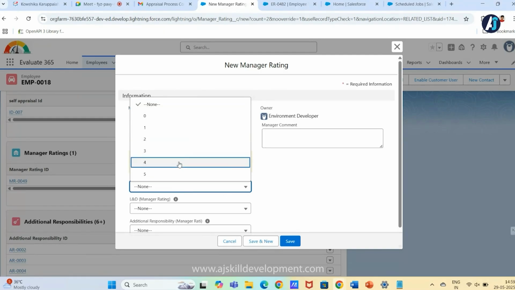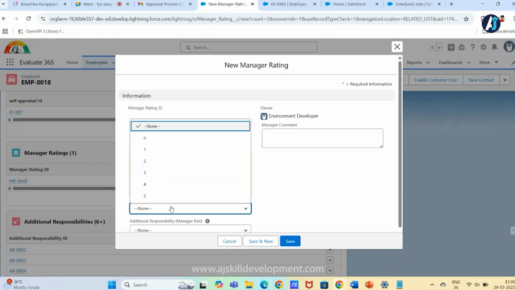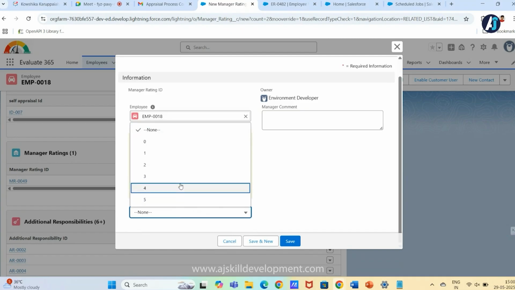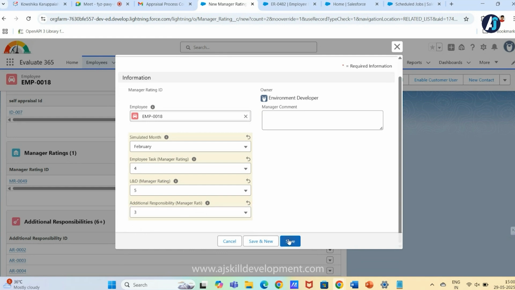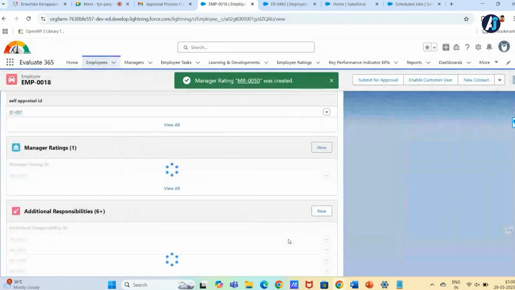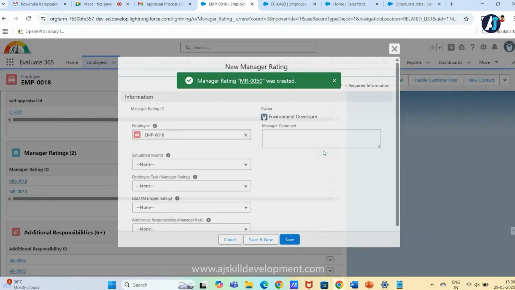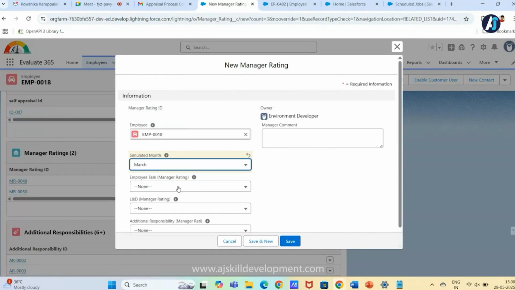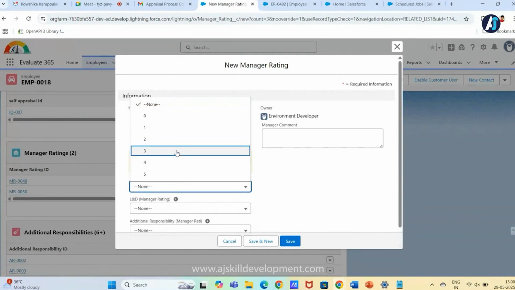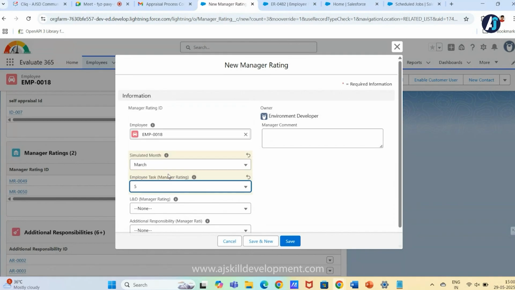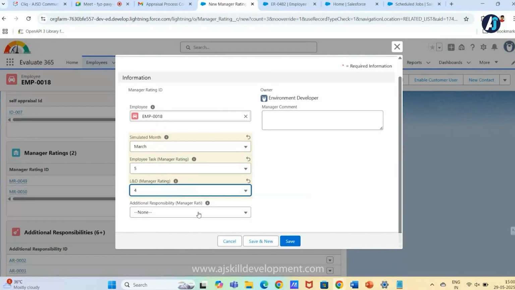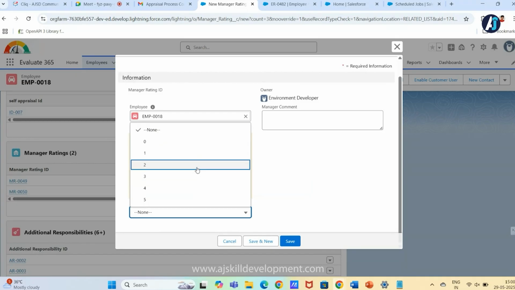Let me give it as 4, L&D as 5, and additional responsibility as 3. Next, let me move to March. Task I will give him 5 and L&D as 4, and 2.